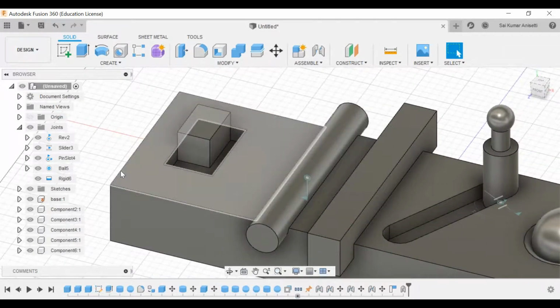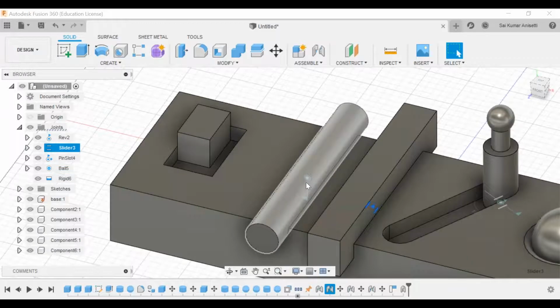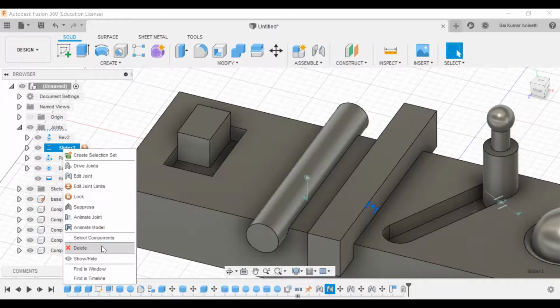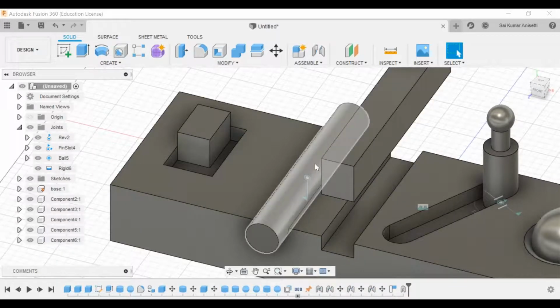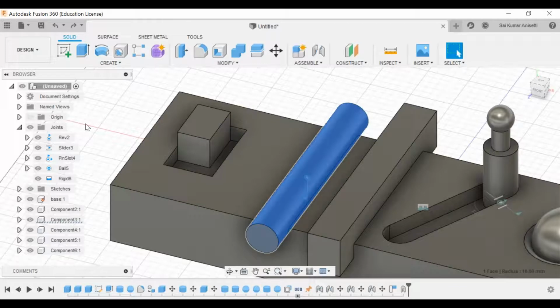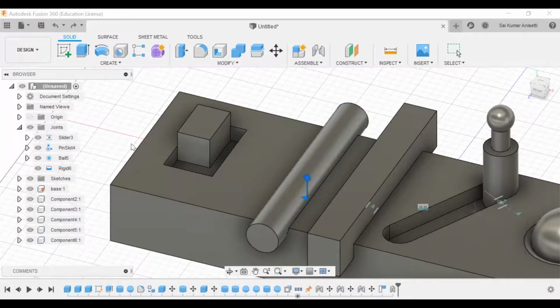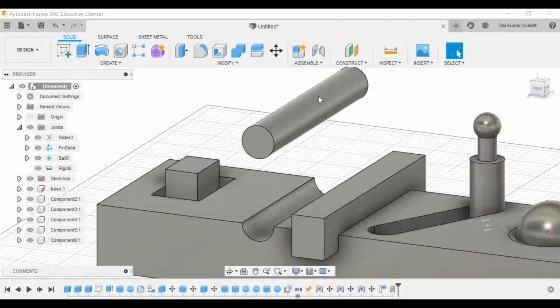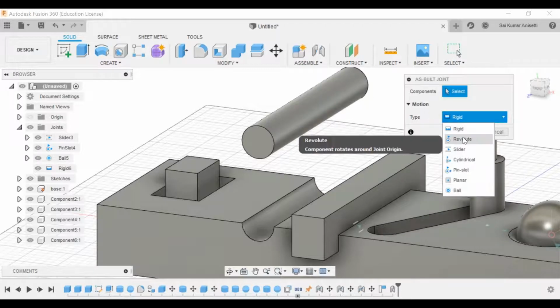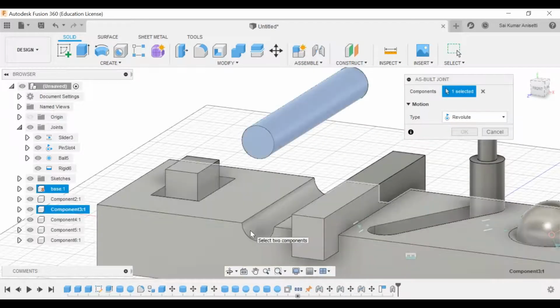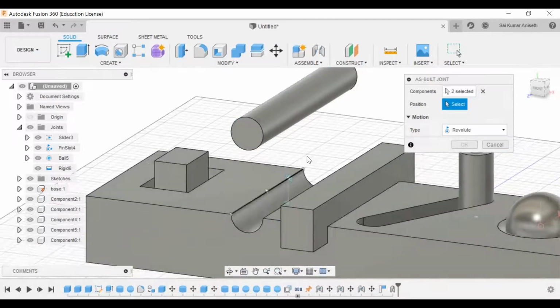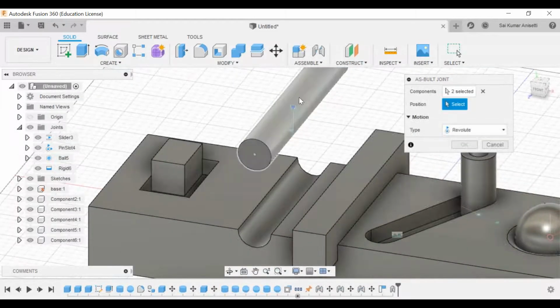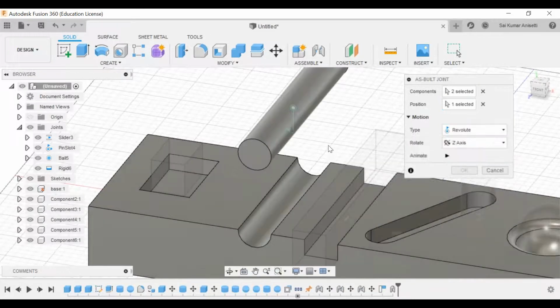Okay, now let us see another example. If I have a slider, let me take the slider. I'll just delete this particular slider. I want to delete this revolute joint where it is. Okay, fine. Let me delete this revolute joint. Now it is exactly on top of it, right? Now I'll go to assemble. Instead of joint, I'll go to as-built joint. Now I'll go with the same revolute joint. I'll select the first component and second component, and type revolute. I'll go with this position as revolute.